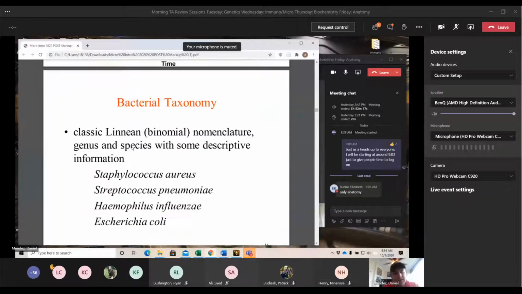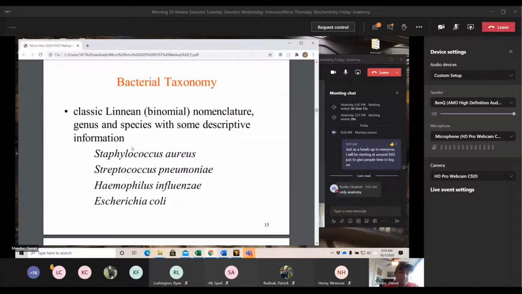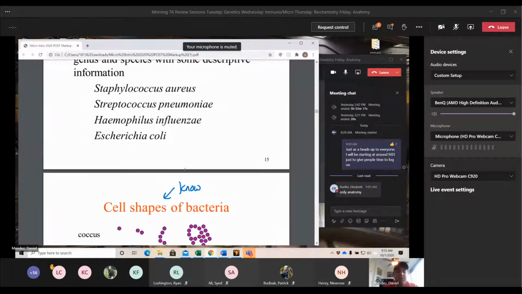So taxonomy, this is something you all should know. We have a genus and a species. We are going to be going through all of these, way more than just these 4 examples, but we'll go through some different staph and strep species. So it's important to note that you can have Staphylococcus, but you can have multiple different variants with very, very different genetic sequences for those. And you'll see that more in block 2.